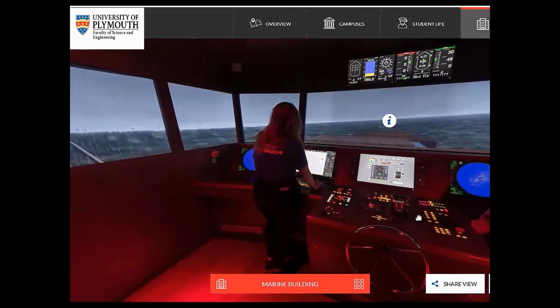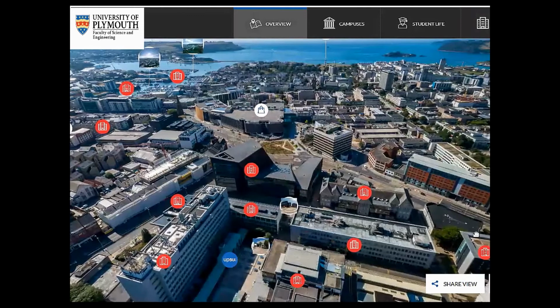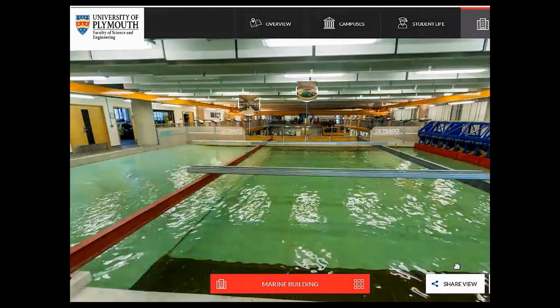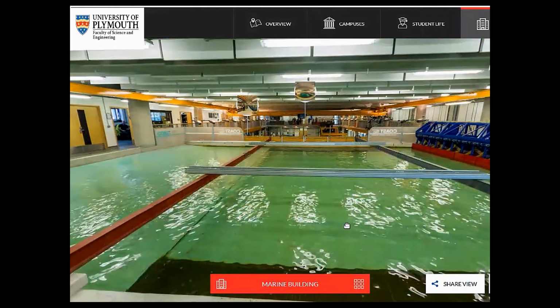What else do we have within this building? Well, we also have the wave tanks. There are two wave tanks. This is the smaller of the two. This is the one called the Coastal Basin. And this is where we take our 4-meter ship models, and we allow the students to see with these ship models the different effects of moving weights within, and how that can be very detrimental to the stability of the